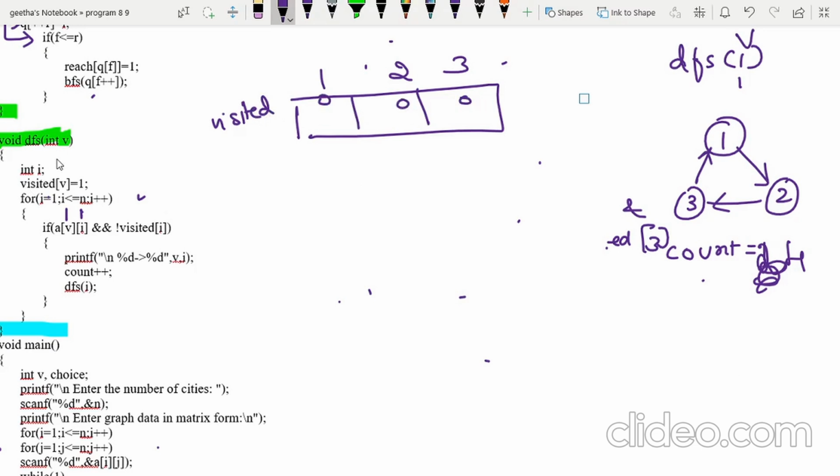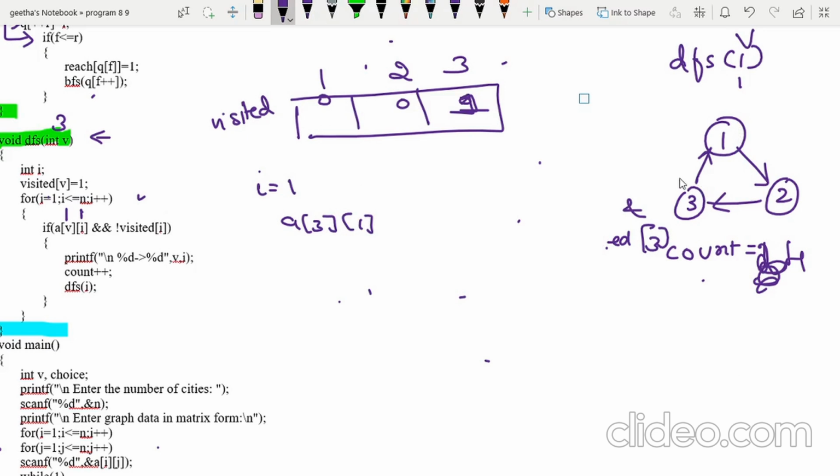Next, since we called DFS of 3, visited of 3 is 1. Then I will check from 3 whether the other two nodes are visited or not. So i becomes 1. A of 3, 1, is there a link? Yes, there is a link.